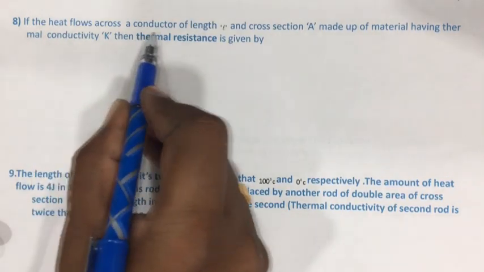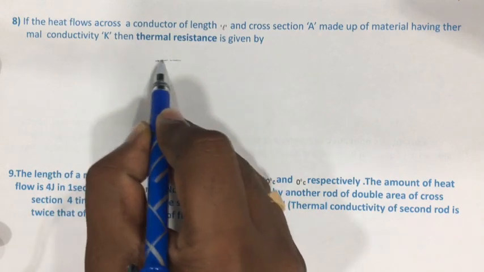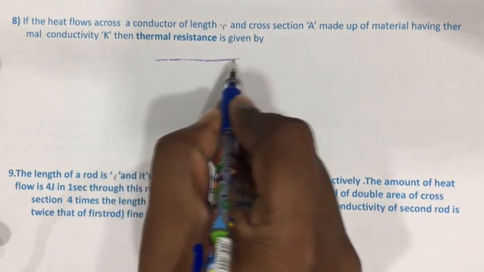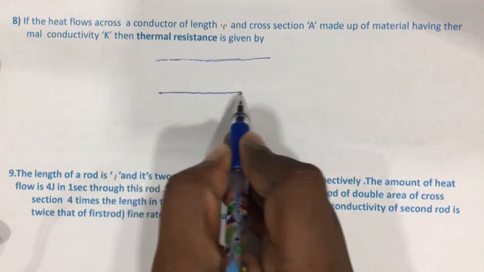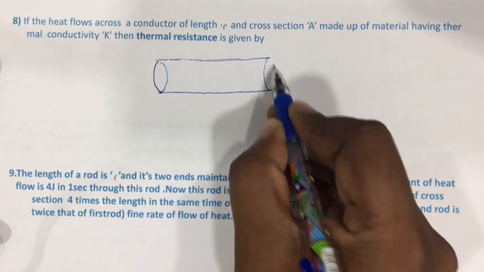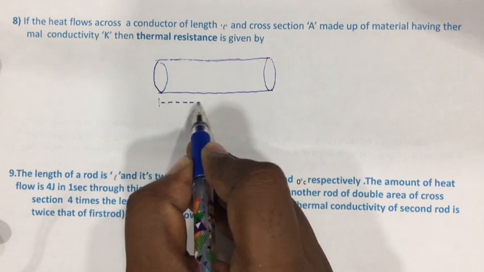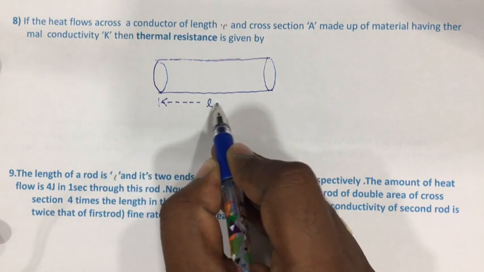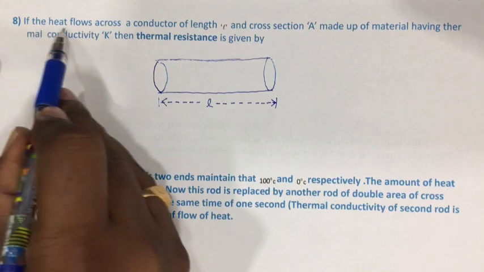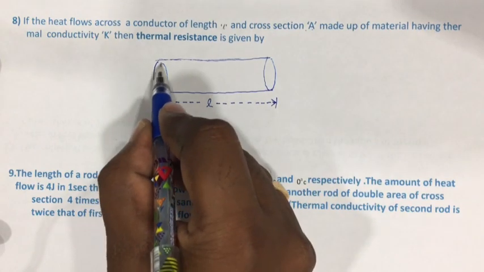If the heat flows across a conductor of length L, so here I am taking a conductor. The length of this conductor is L. If the heat flows across a conductor of length L and cross section area A,